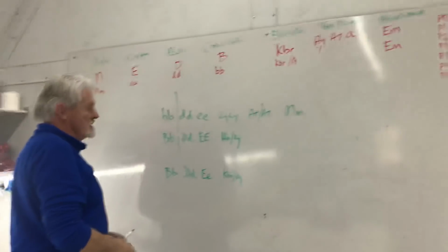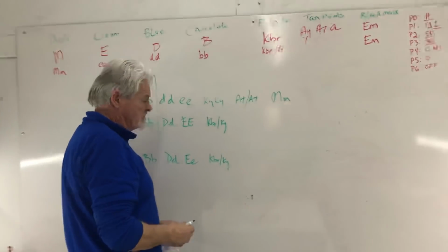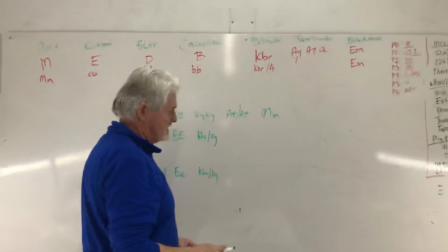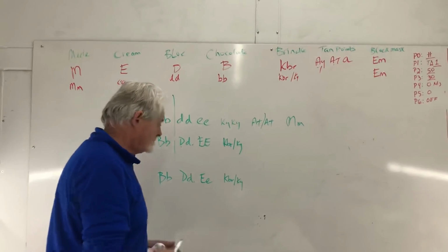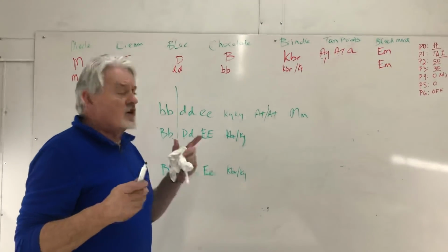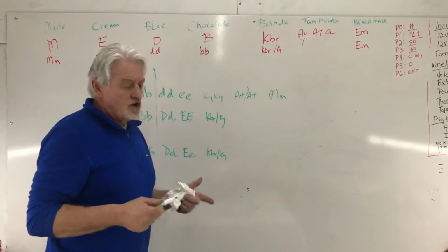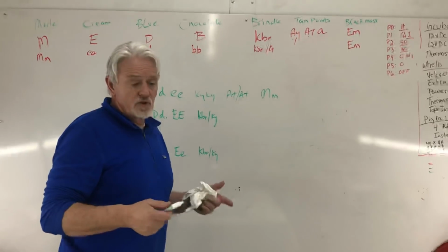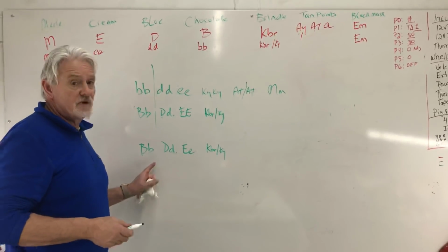Okay. So I hope I haven't got people too confused. There's certainly more here that I can put down in 5 or 10 minutes. But the point here is that you can have a dog that doesn't look blue that can produce blue puppies. You can have a dog that doesn't look chocolate that can produce chocolate puppies, doesn't look lilac can produce lilac puppies. And the answer to that is it has to have one copy of the recessive gene present in both parents,